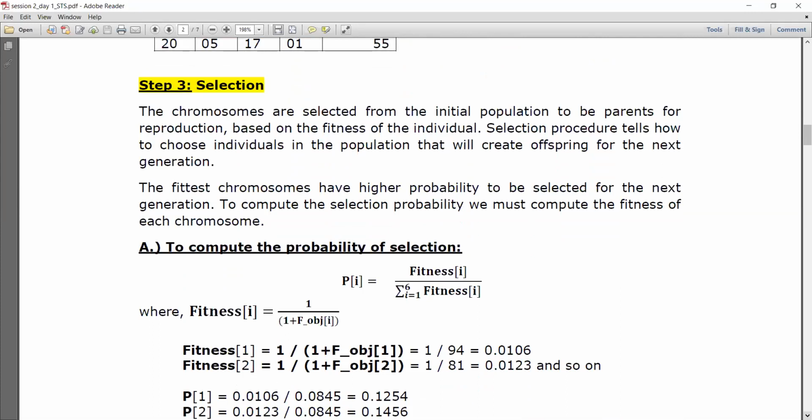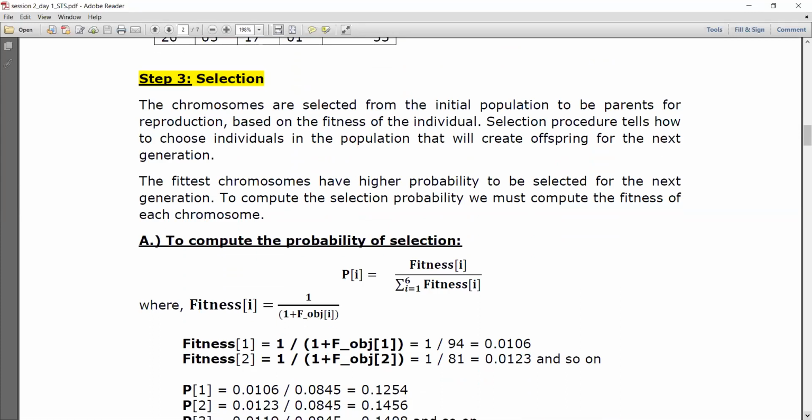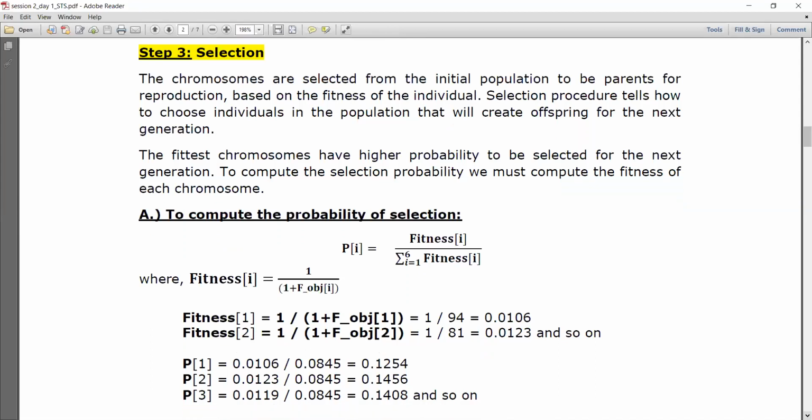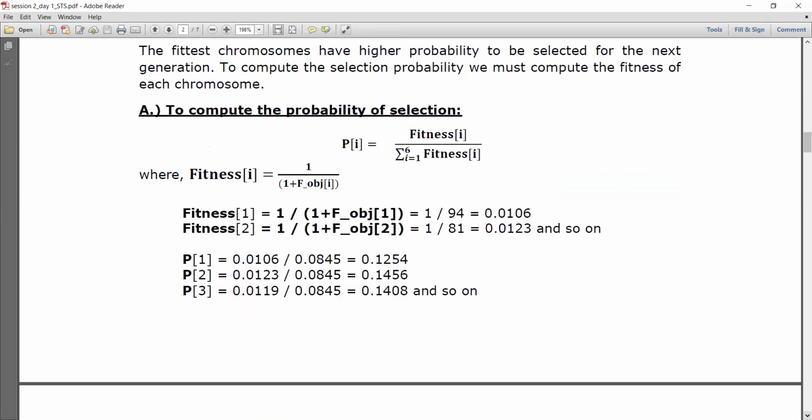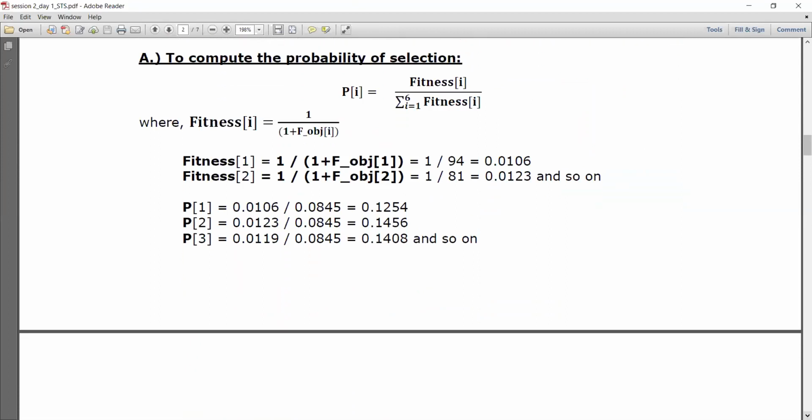Done. These things have already been explained very well by Bhaskar sir. Let us go into the application of those theories and concepts in selecting the chromosomes to become parents for offspring production. Now how are you going to select? What is the step? What is the procedure, the process we are going to follow in order to select a chromosome as a parent? For doing that, first I should know what fitness is.